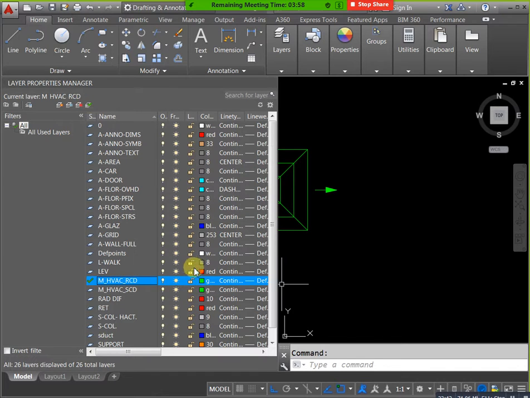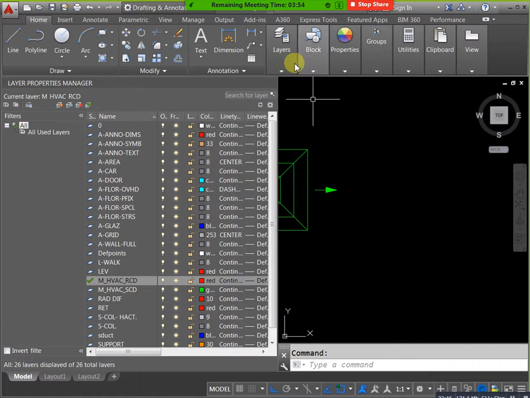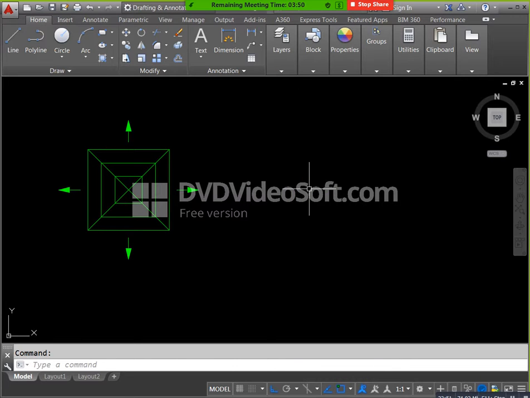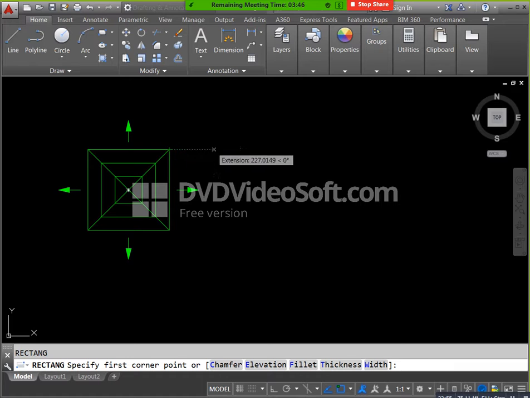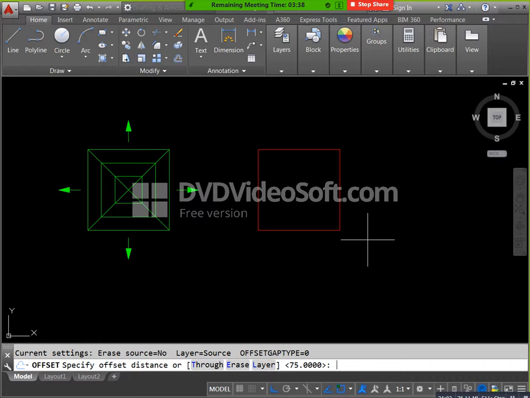Next, go here and place it here. D enter, 450 by 450. Next offset enter, how much do we need? For example, I need 75. You can apply. In the return diffuser condition you will get it like this, from here to here. This is our return symbol.